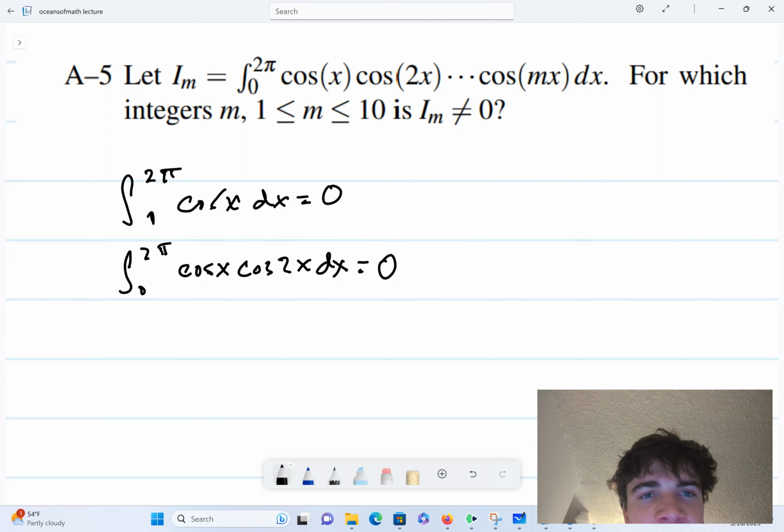And so attempting this problem, I first did a bunch of brute force for m equals 3 and so on. I was doing some brute force calculations using integration by parts, and I found that it was very difficult to come up with a decisive solution, even for m equals 3. So if you're interested in those types of things, you might want to try m equals 3 by hand, just using basic integration techniques. But I found it was very, very difficult and certainly could not do it in a good amount of time